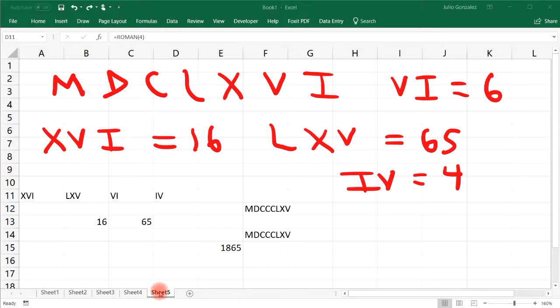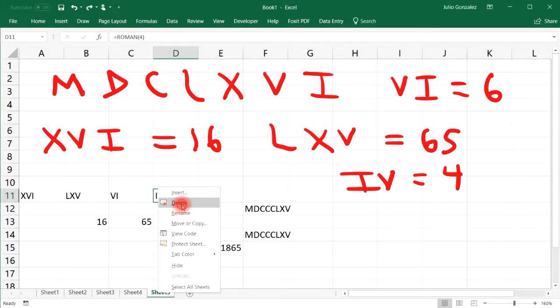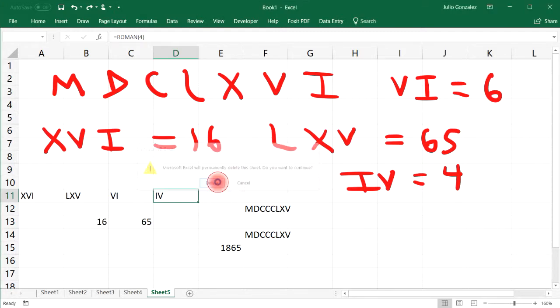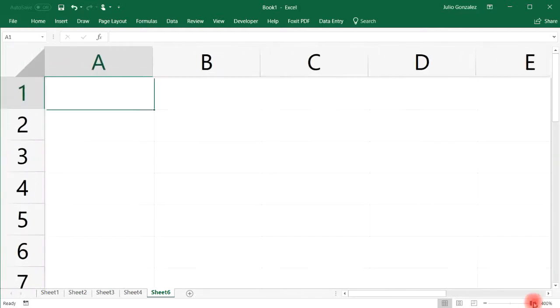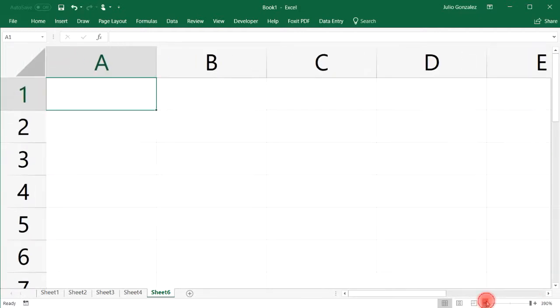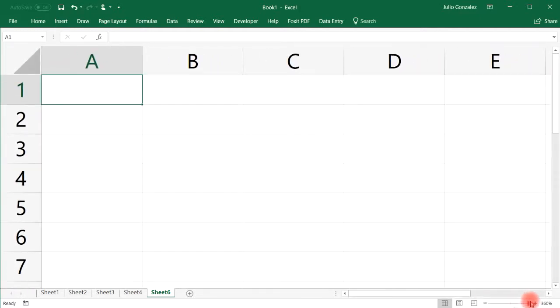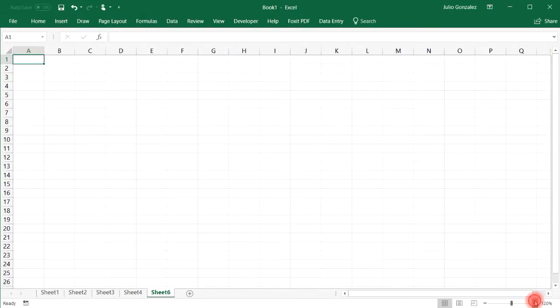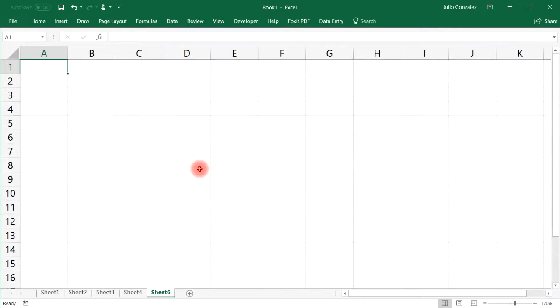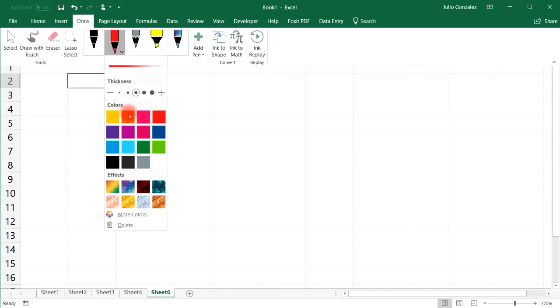Now let's go ahead and delete this sheet. So I'm going to right click and press delete. And now let's add a new sheet. Now let's say if we wish to calculate